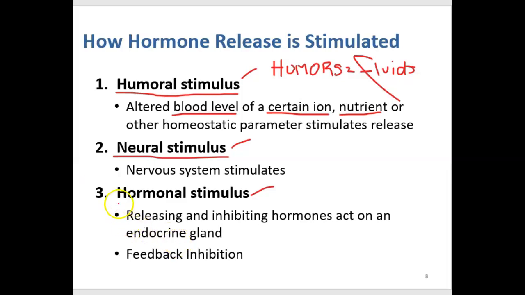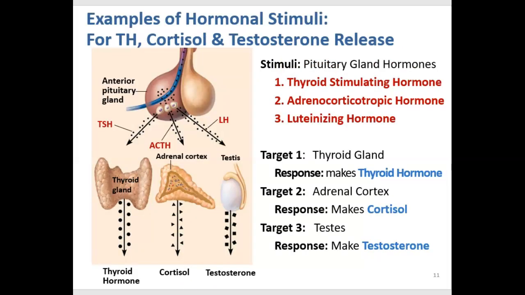Now I'll go back up to the last way that we can stimulate hormone release, which is by another hormone. So we would call this kind of stimulus a releasing or an inhibiting hormone because it acts directly on an endocrine gland to either cause it to release a hormone or inhibit it from releasing a hormone. So let me give you an example of that. So an example of this would be